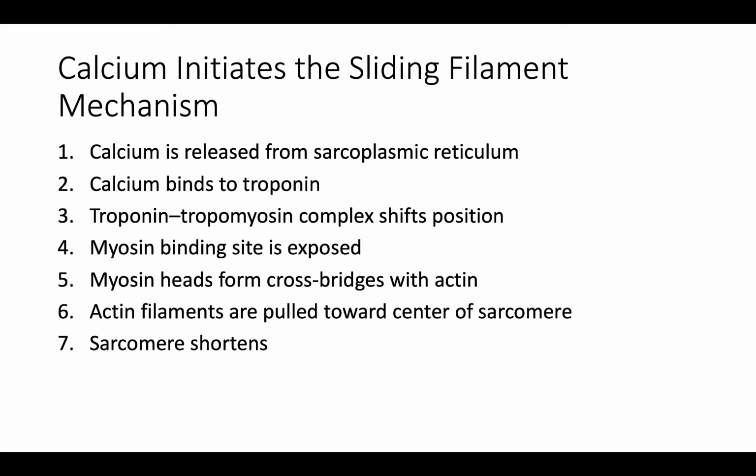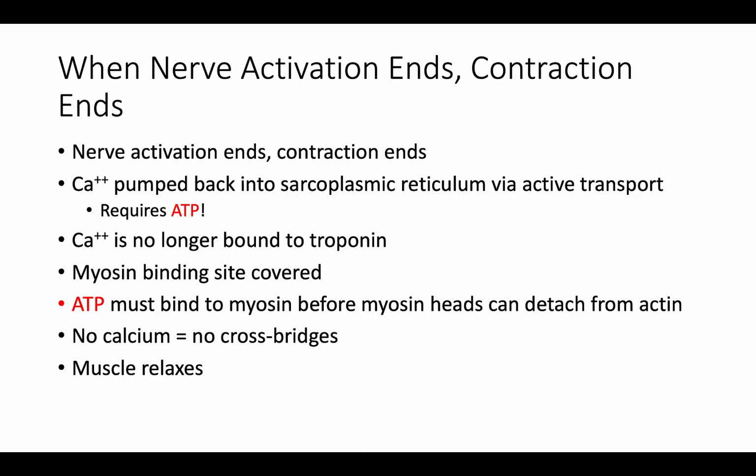And the sarcomere shortens, and that happens with all the sarcomeres that are stimulated. But when nerve activation ends, the contraction ends. So the nerve activation ends, contraction ends, calcium is pumped back into the sarcoplasmic reticulum via active transport, requiring ATP. Thus, this is the first time we've used energy. The actual contraction of the bicep didn't require ATP, but to get the calcium ions back into the sarcoplasmic reticulum